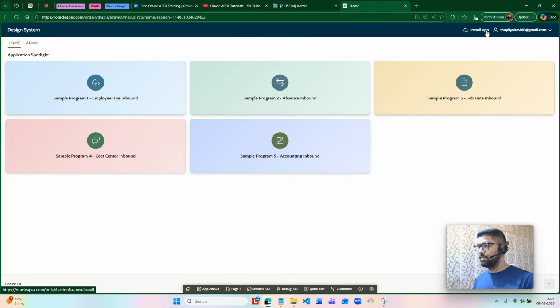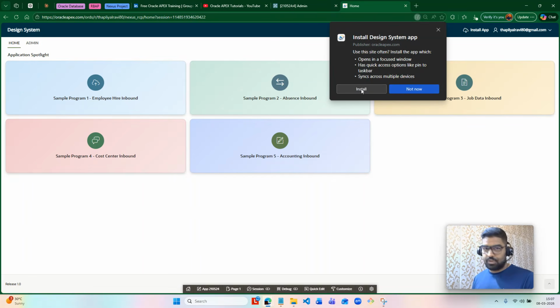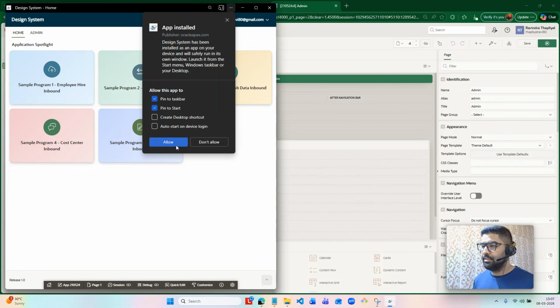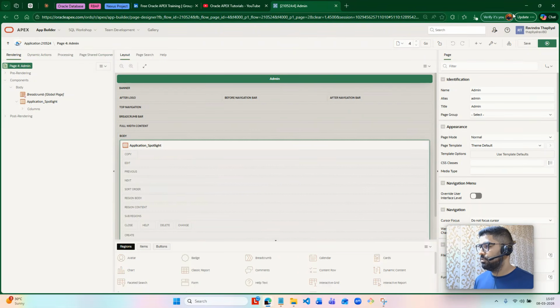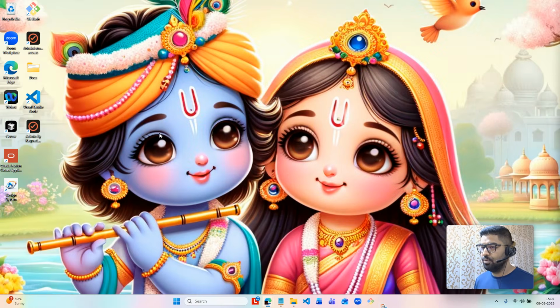Also you can see over here we have used a color schema, a design system. It is installable as of now. You can click over here and it will give you the option to install. So if I click over here, it gives me options. I will click allow, and then I'll cut it over here, and then I'll go to my home, and I will